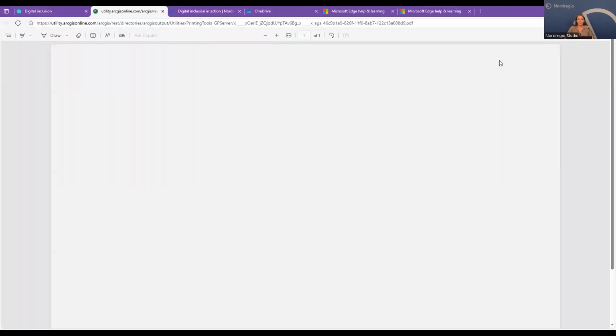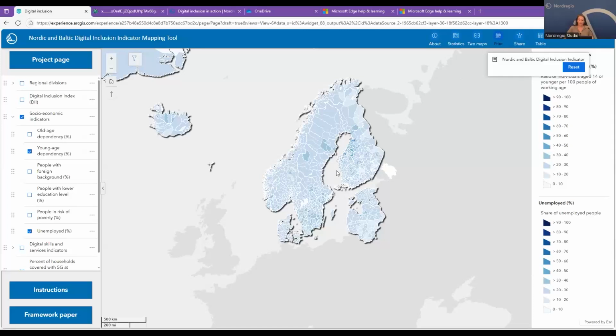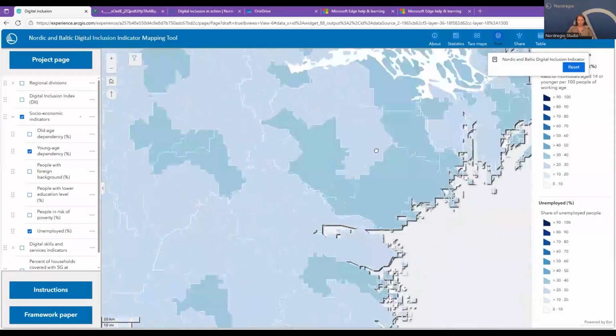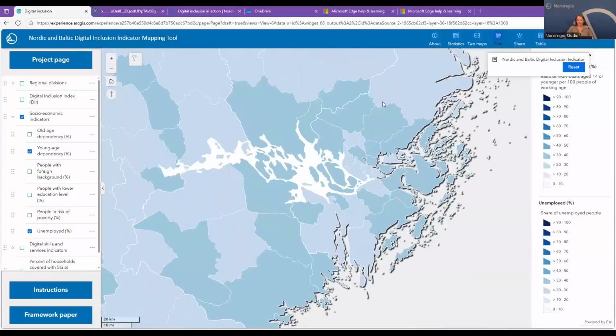So now we can click and we see the map with the area that we have chosen. It works best when you're zooming in, so you can actually see things at a better scale than I showed you right now. Another option is share. Simply click share on LinkedIn, embed, share by email, or copy and share the link. You can share the website or the information that you found interesting here.